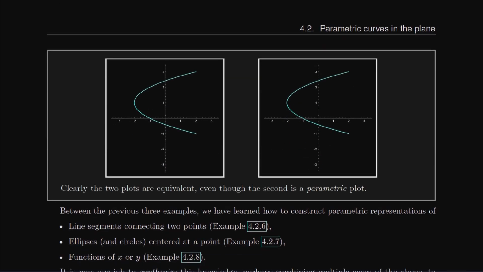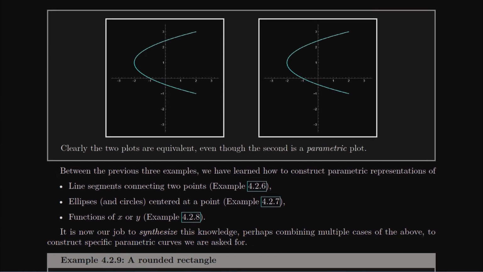Well, like I was saying before, it's kind of a horizontal parabola instead of a vertical parabola, but we interpret the left hand as g of y comma y, and we interpret the right hand as x of t comma y of t. So it's a parametric plot on the right, even though they look the same. That's useful because we want to be able to do our classical calculus along with this new modified calculus eventually. Okay, so between the previous three examples, we saw line segments, ellipses,